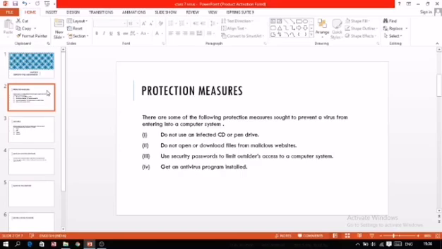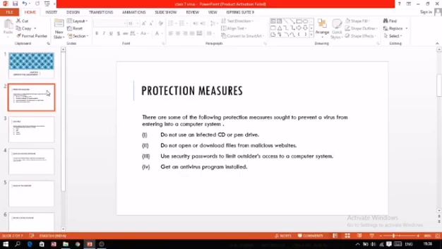Use security passwords to limit outsider access to a computer system. If your computer is connected in a network, then you have to set a password, so only authorized people can access your information. You can understand it like this. For example, you have your personal phone, and at home your siblings may also open it, but you don't want that, so you can set a password for it.